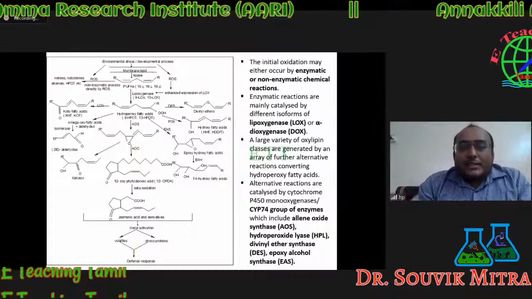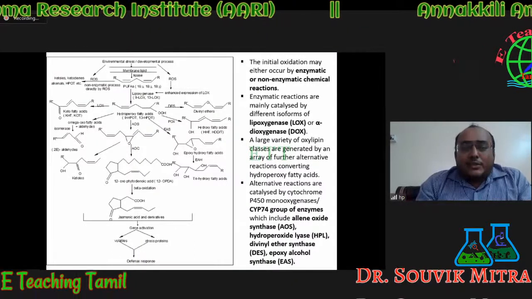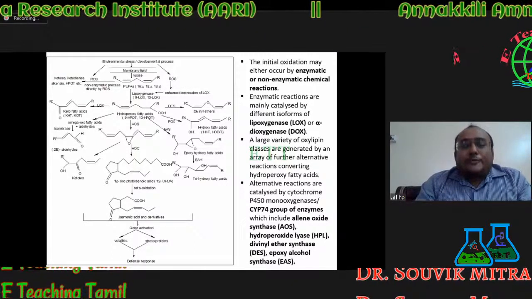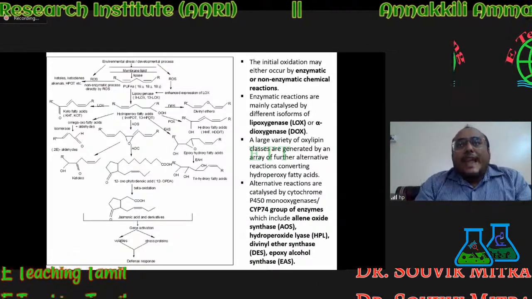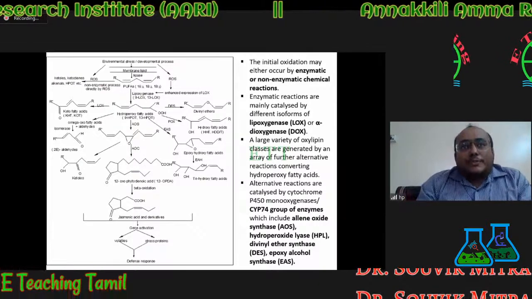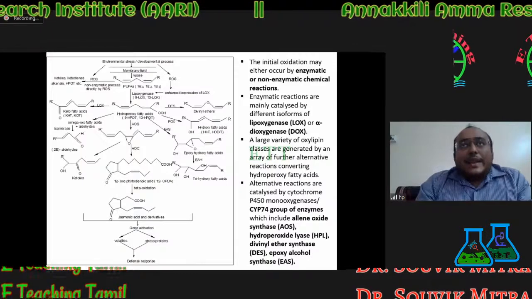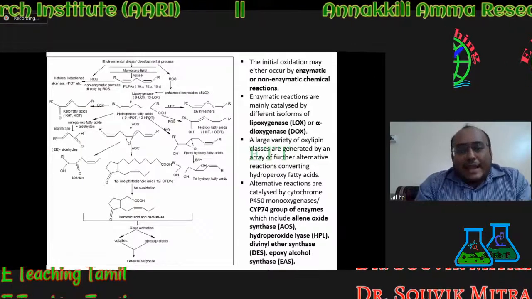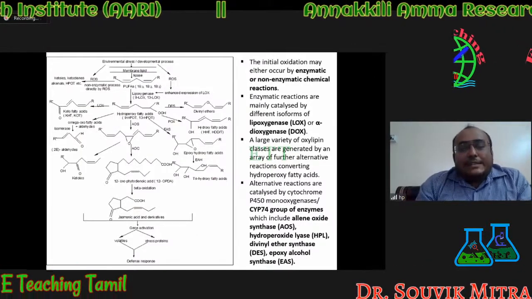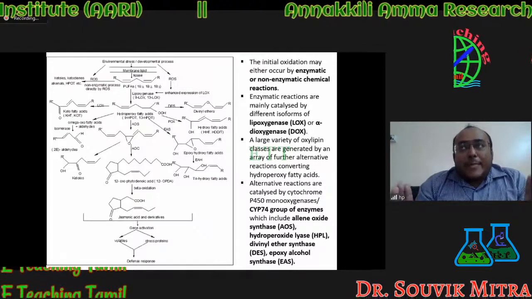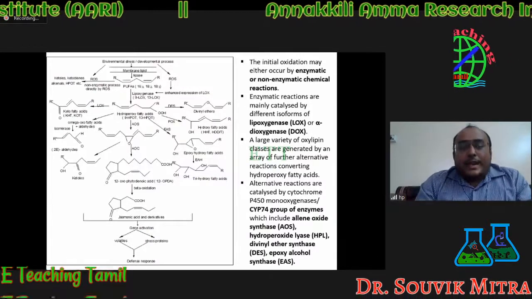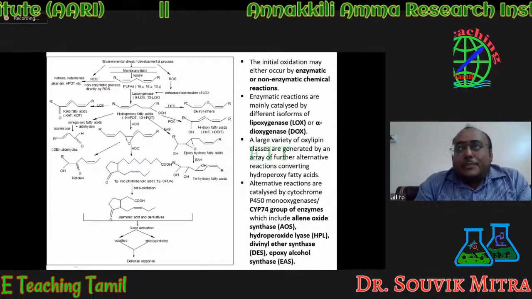These act as the precursor for production of these compounds. Basically, in case of angiosperms, we know that 18 carbon polyunsaturated fatty acids, meaning linoleic acid and alpha-linolenic acid, act as the main precursor of these compounds. Now, one thing you have to remember is that this